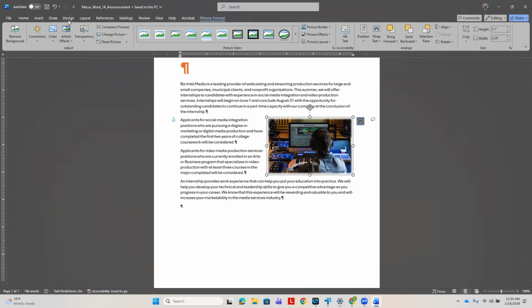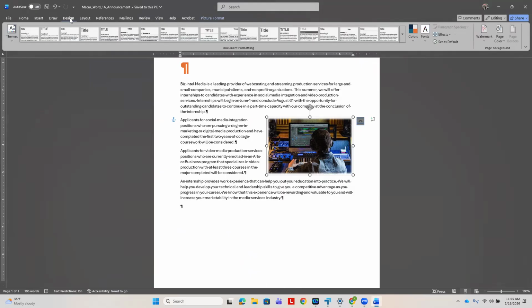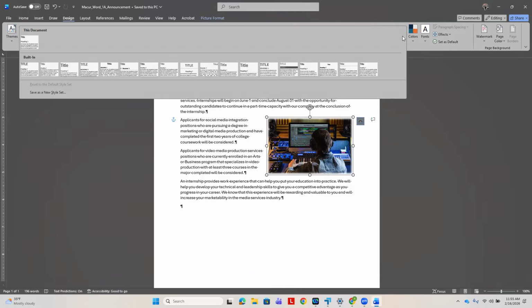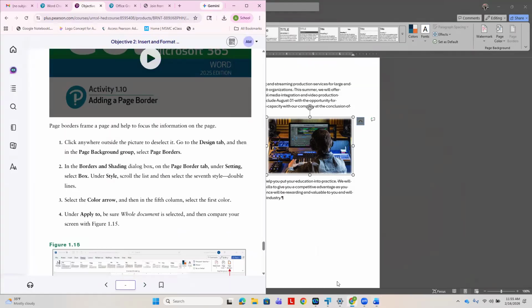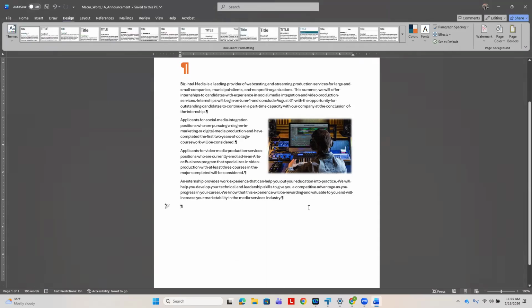We're going to go to design, and we have this ribbon. We can see we have styles and themes. You want to go to the page background group, which is all the way to your right. Design, page borders,